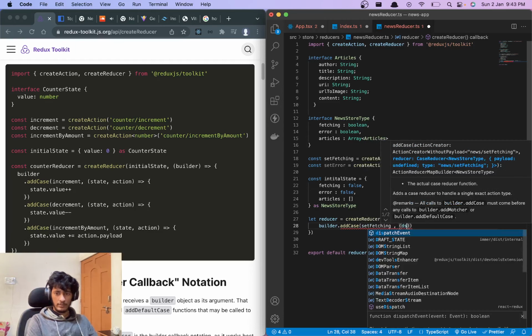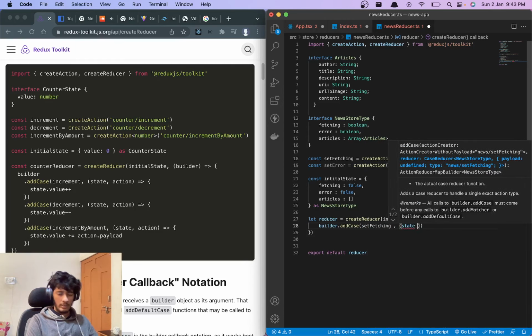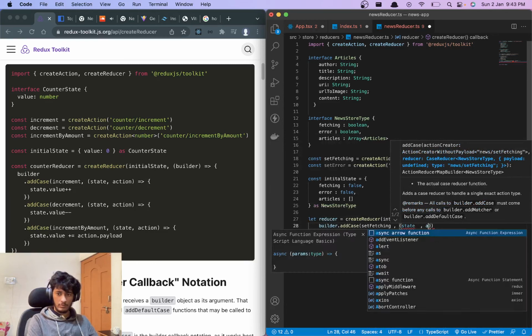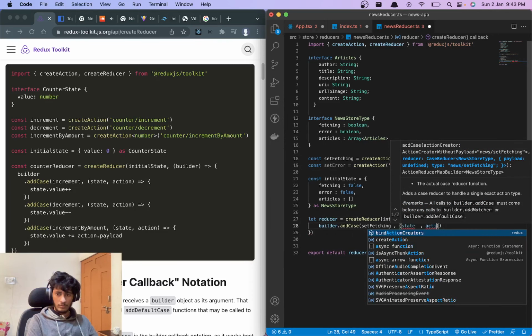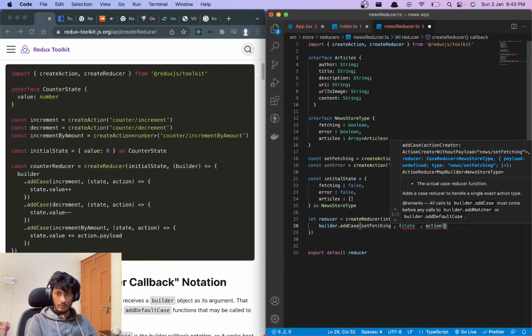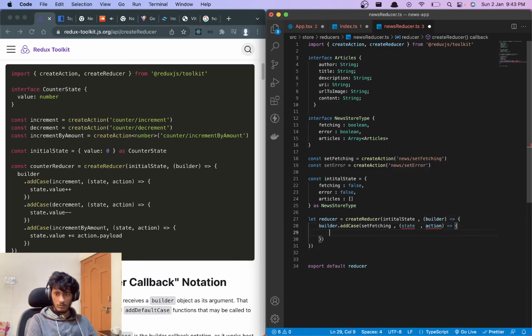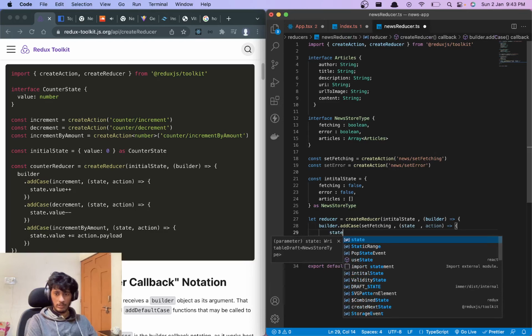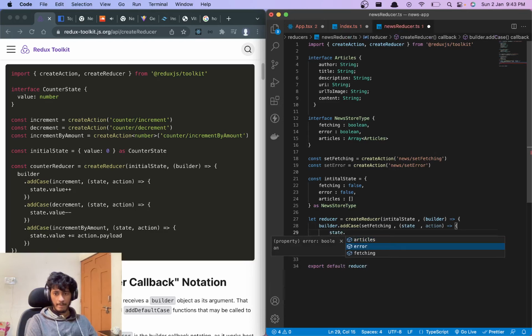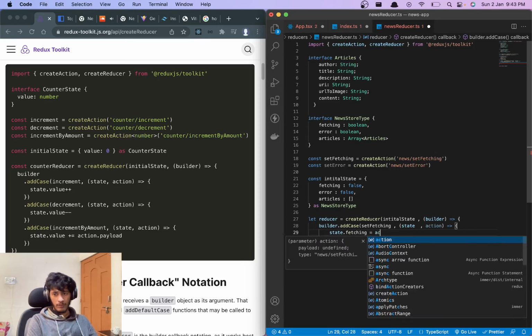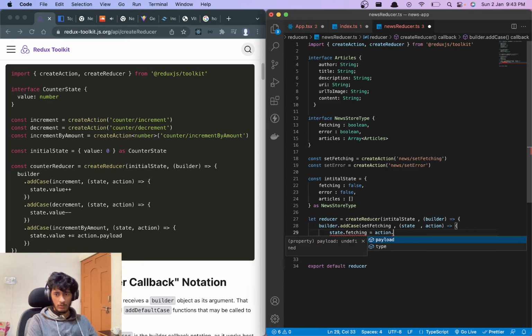So you get some state, right? And then you get the action, right? Okay. Then you can just change the state directly. So you can say state dot fetching is equal to whatever action dot payload I receive.